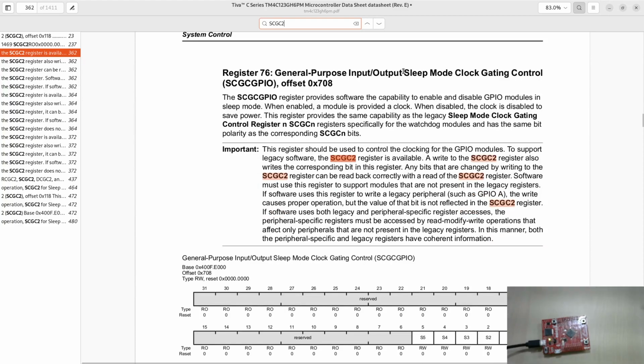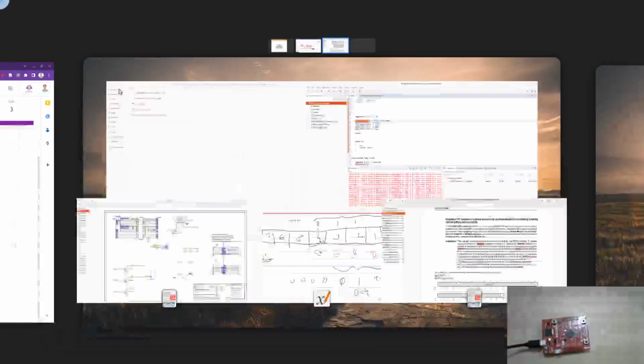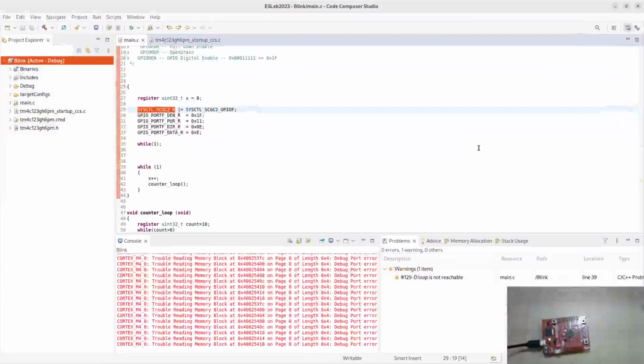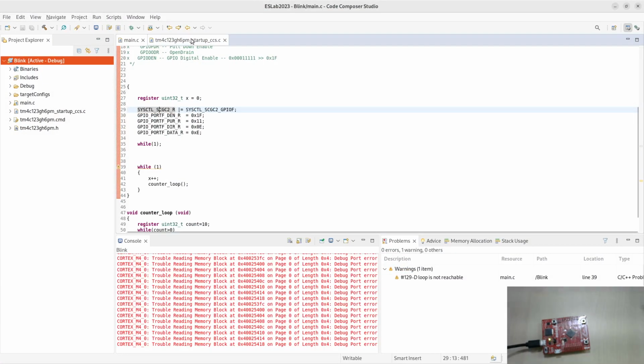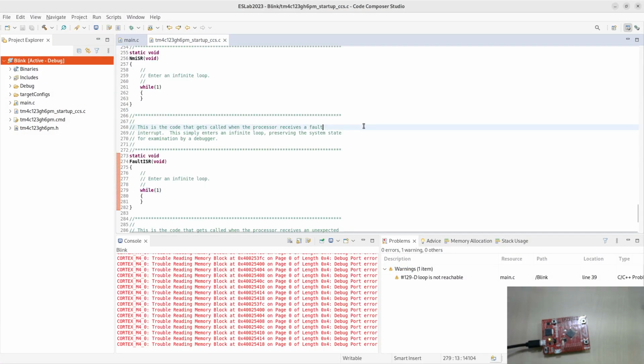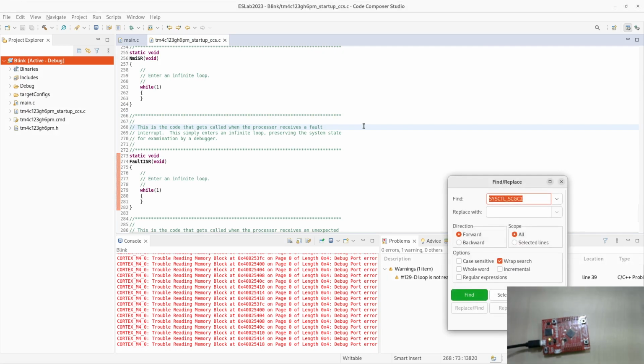So what we have done is by mistake, we went and wrote to this register, sleep mode SCGC, sleep mode clock gating. So sleep mode clock gating control. Okay. What we have to write to was run mode clock gating control. Okay. So this is wrong and this is wrong,